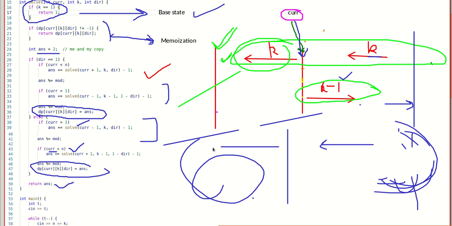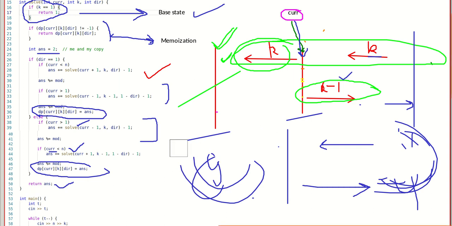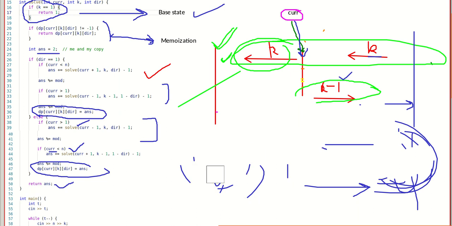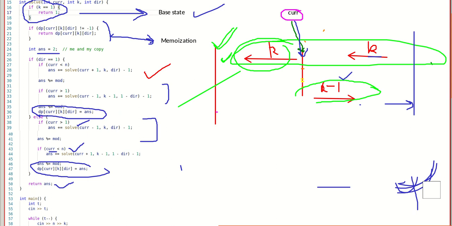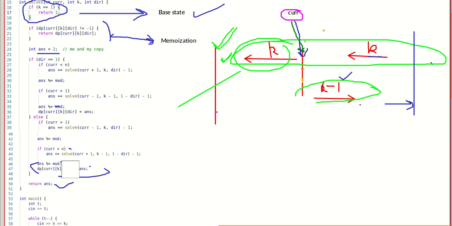So no more copies will be created by any plane because there is no plane here, so there is just one step. So for the extreme planes, that is the first plane and the last plane, the nth plane, we don't need to take two different cases, because in that case there will be only one case. We don't need to apply both, because there is no plane after that, so no more particle will be created. So that was the thing.